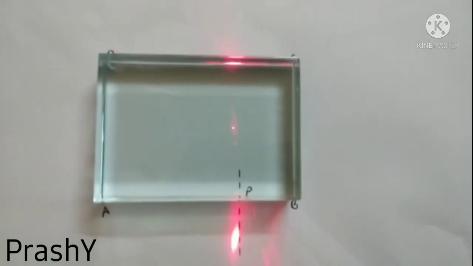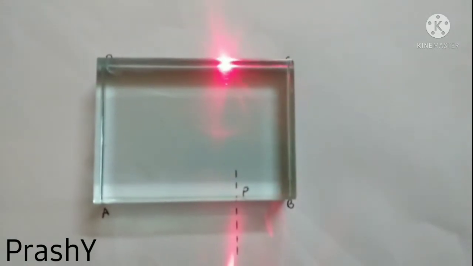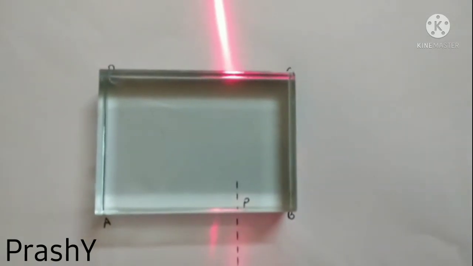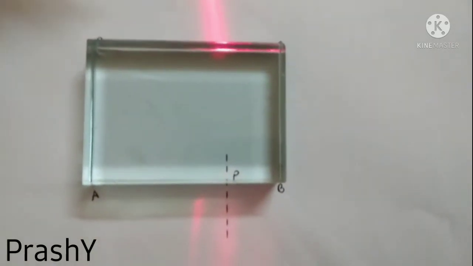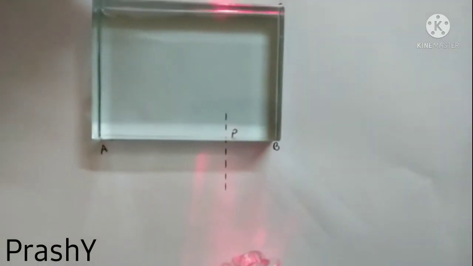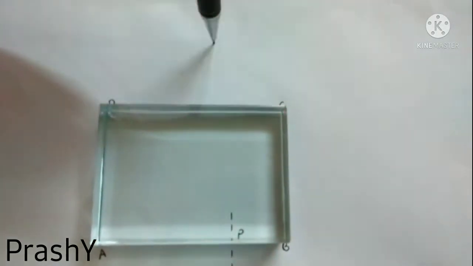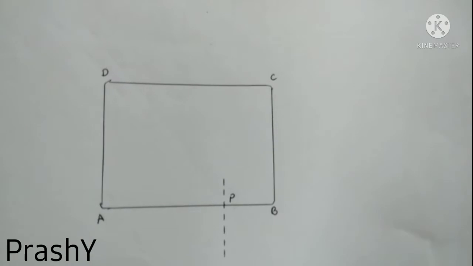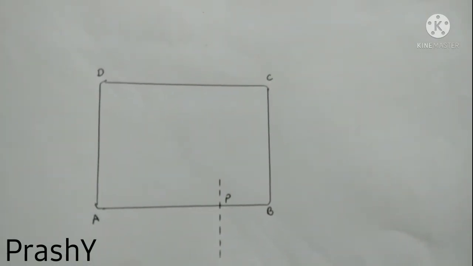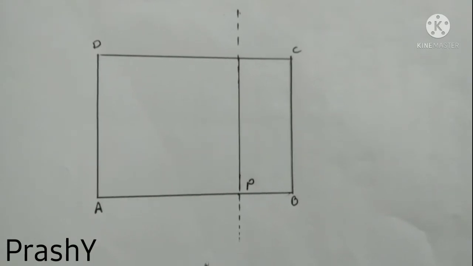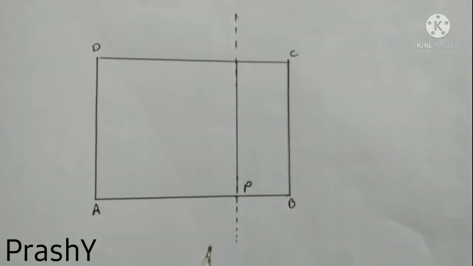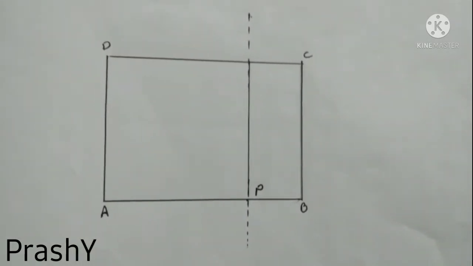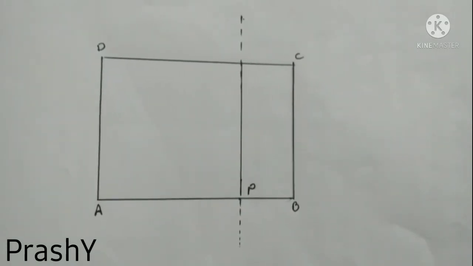So when I pass this laser light along the perpendicular line, I will get a ray coming out from the glass slab. So I'll mark these points. Now remove the glass slab and join these 2 points. So we will get a straight line. So this means that the light ray that falls perpendicular on one side of the slab comes out without any deviation. Now let us find out what happens when the light ray makes an angle with the surface.